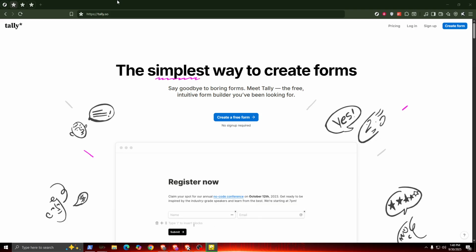This will be your home base for managing and creating your forms. Once you're there, you'll need to navigate to the top right corner of the page. Here, you'll find options to either log in or sign up. If you already have an account, go ahead and click on Login. But if you're new to Tally, you'll want to sign up for an account to get started with creating